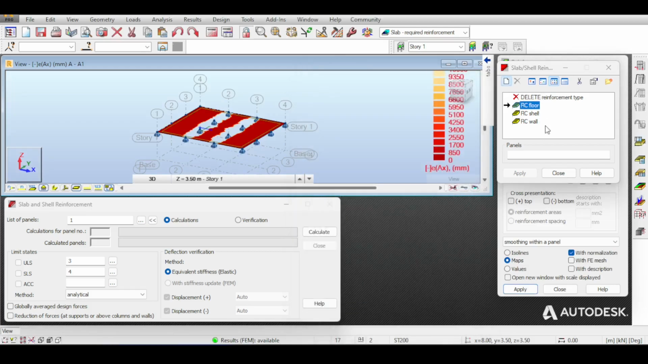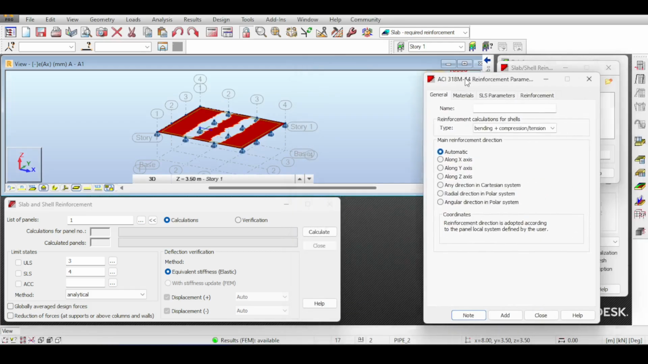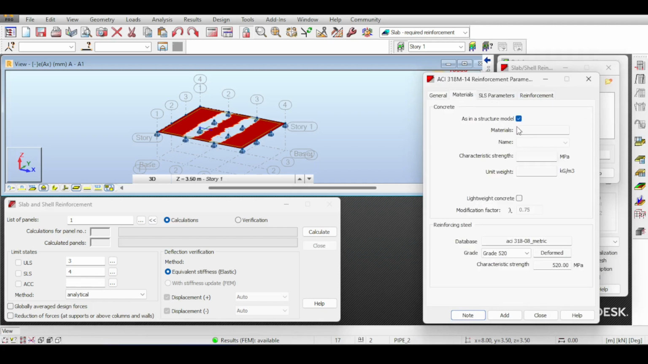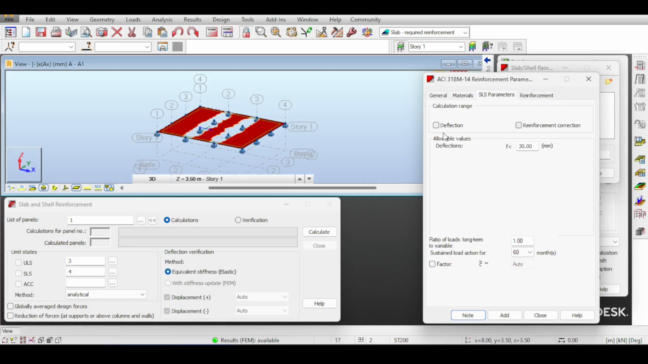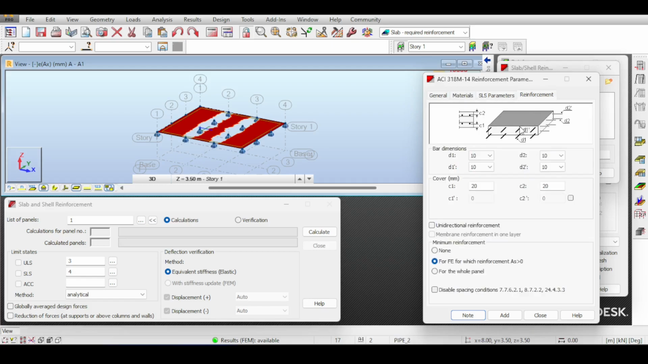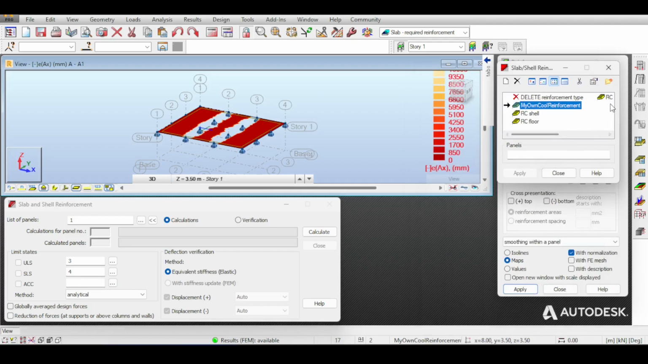Okay, fine, I'll do my own. So I'll say here, my own cool reinforcement. And I wanted to have everything. And material I'll use as the thing here. I will check deflection. I go to reinforcement and select 522s everywhere. Now this is ridiculous. Using 522 in a 200 millimeter slab is unheard of. I just add this, close, and now I will select this and click here